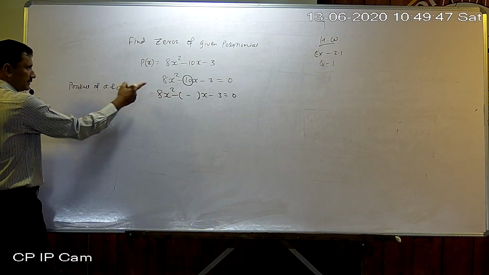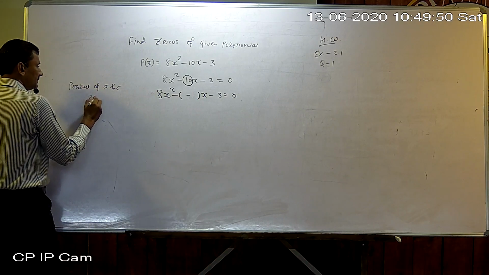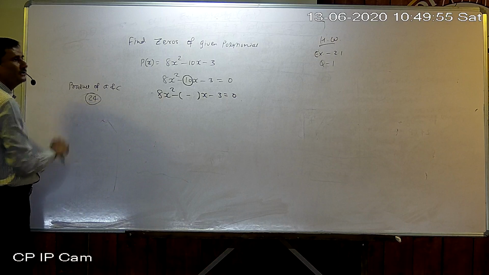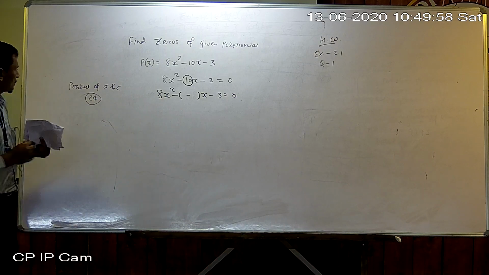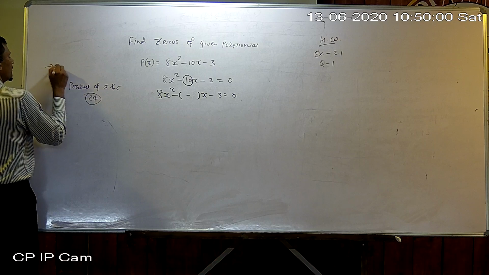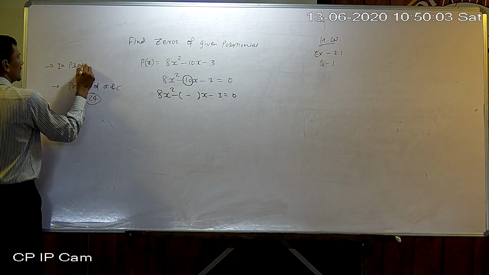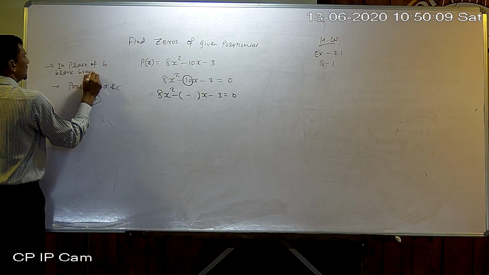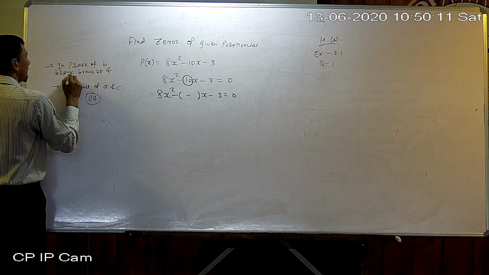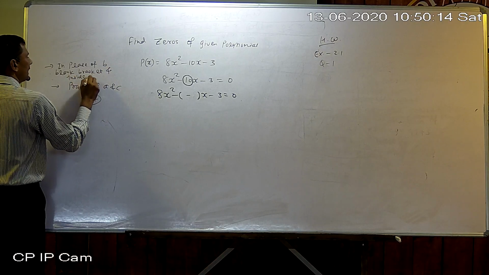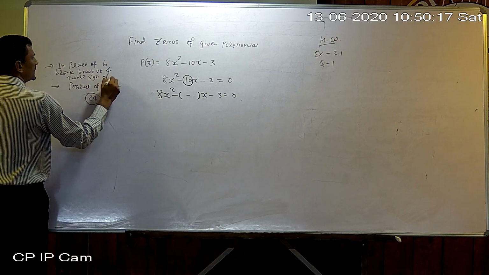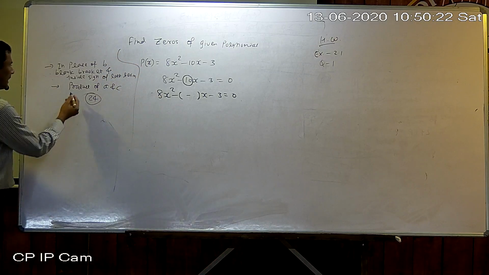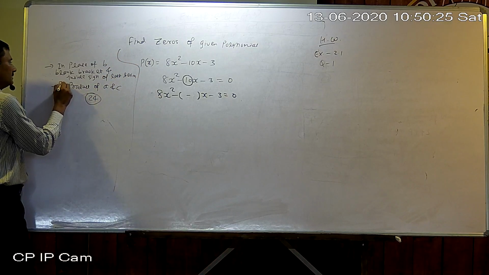So in place of B, write down a blank bracket, the last term sign is there. Now the product of A and C. So for our sum, the product becomes 24. Why? 8 threes are 24. Sign is not important, just take the numerical value. Okay. So this is our second rule. First rule: in place of B, a blank bracket, and inside it the sign of the last term. Sign of the last term means sign of C. Second, find the product of A and C.